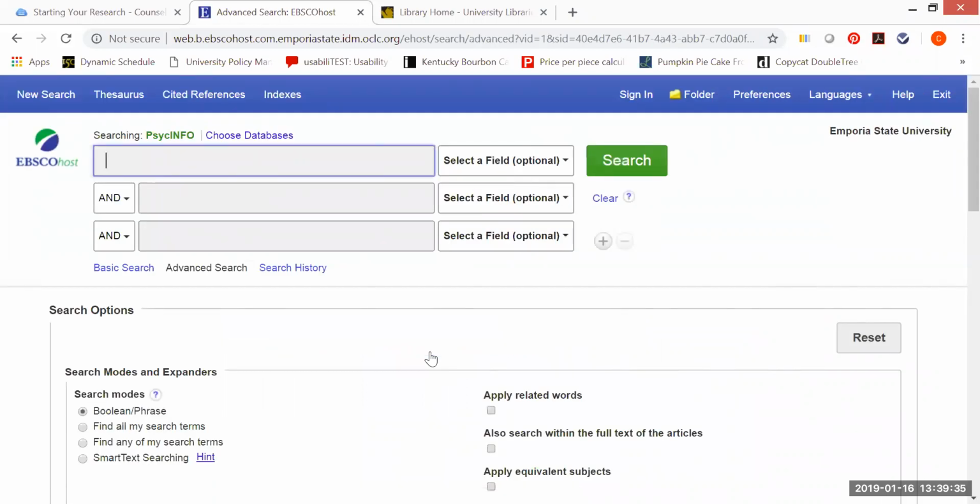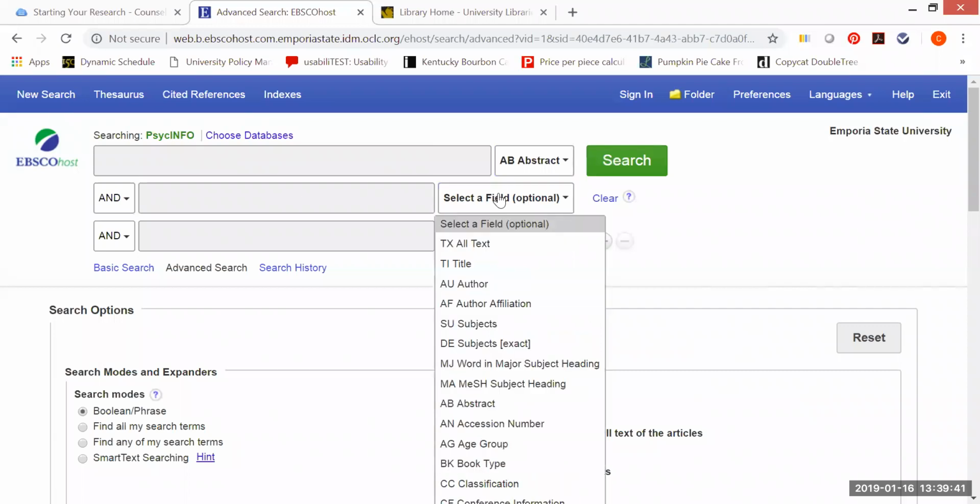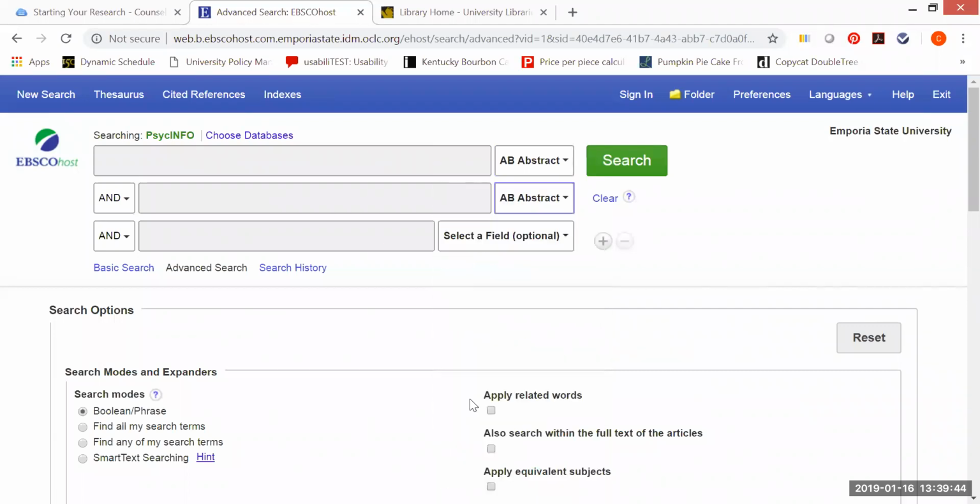I clicked on something called an advanced search because in all of our databases, particularly on the research that you're going to be doing, you're going to be searching by topics or what we would call keywords. And it actually works a lot more effectively if you focus your keywords on the abstract of an article. Otherwise, you might be searching in the full text of an article and you might get something that's totally unrelated